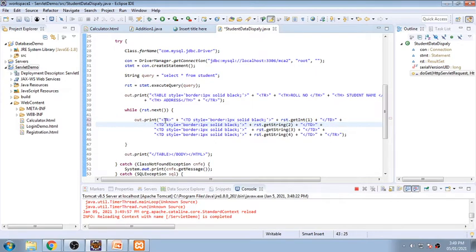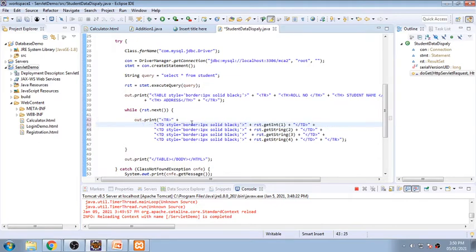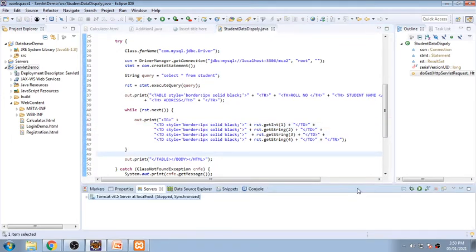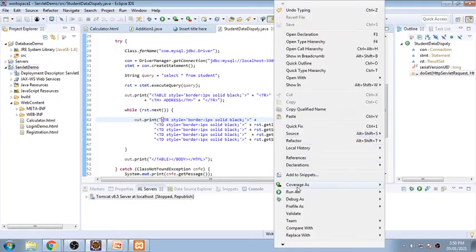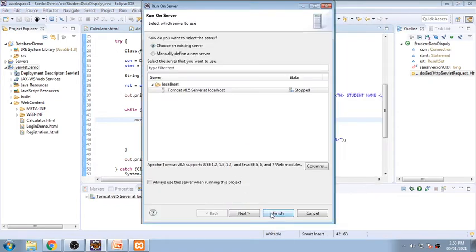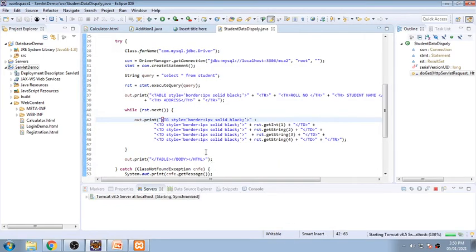Okay, so this table row on this table header. So first TD with some style sheet, second TD, third TD, and I am saving this one, stopping the server. Now this will be there. Again copy this part. Again this should be in the row also. So I am putting it in a row also. So saving it, right click, run. Now this will be displaying a very systematic record in front of me.